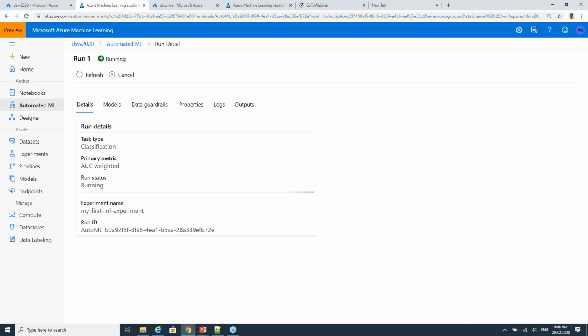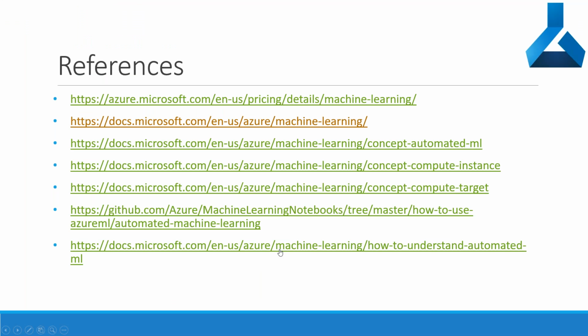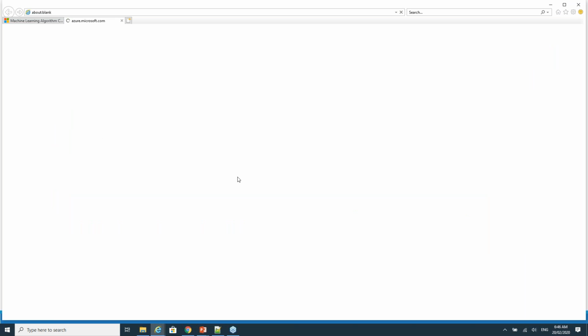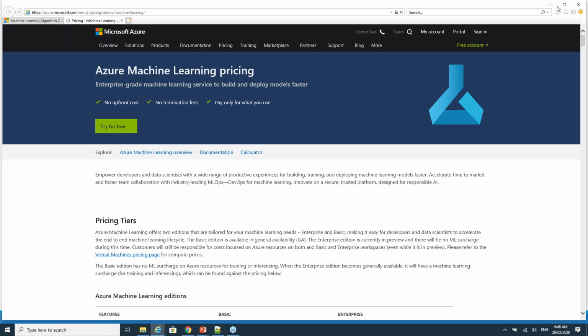I'll just quickly show you the pricing itself, because it's in preview mode. I think Microsoft has not much pricing on the enterprise offering, to be honest. That's the reason I said we'll just wait until they provide the pricing details. So I'll jump onto that URL just to show the pricing. Okay, thank you. Because that's what I recommend to people: when it is in preview mode, it is a good opportunity for us to learn more about things.